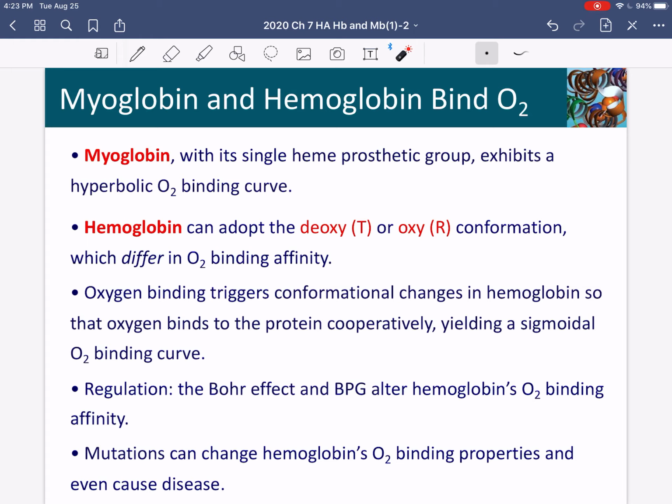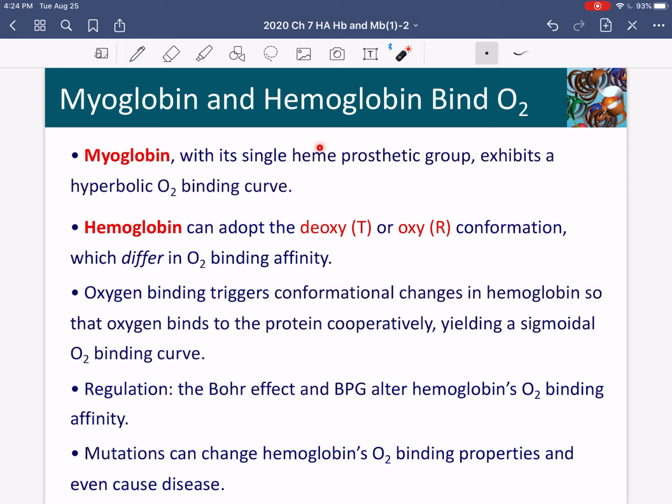Myoglobin is a single polypeptide, so it has tertiary structure but not quaternary structure, and it has a single binding site for a heme prosthetic group. That's a fancy way of saying it binds a non-protein component called heme, and heme stays bound to myoglobin like a prosthetic leg would be bound if you were walking, and you needed a prosthesis.